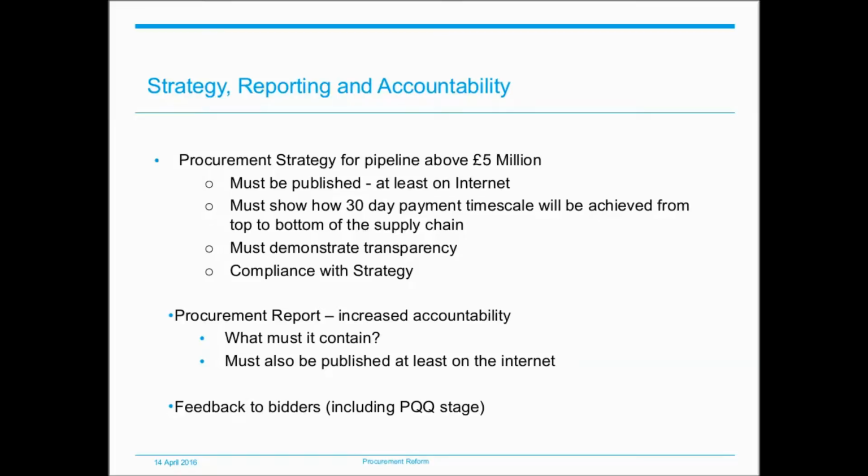It needs to contain a summary of any steps taken to facilitate the involvement of supported businesses in regulated procurements during the year covered by the report, and a summary of the regulated procurements that the authority expects to commence in the next 2 financial years. Now that means a 2-year look forward for the regulated procurements that you expect to commence in the following years, and also such other information as the Scottish Ministers may by order specify.